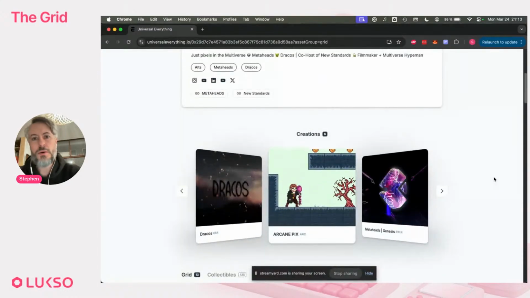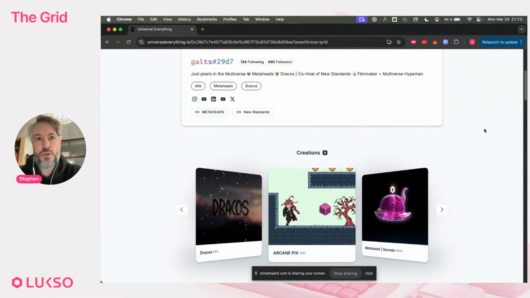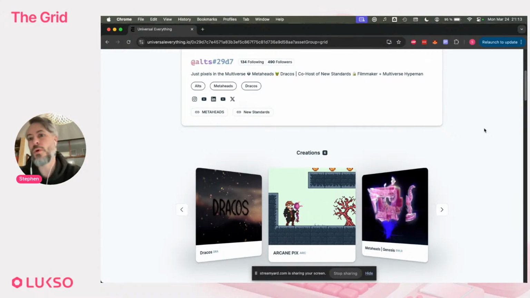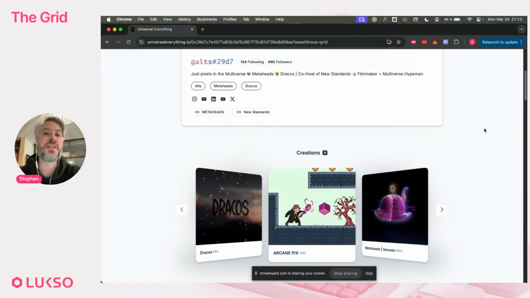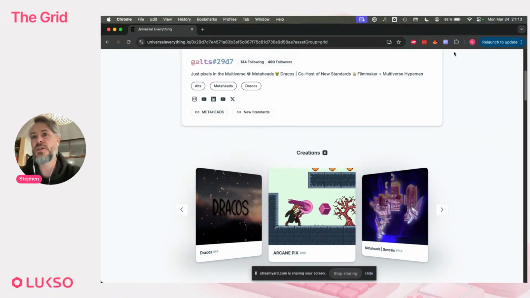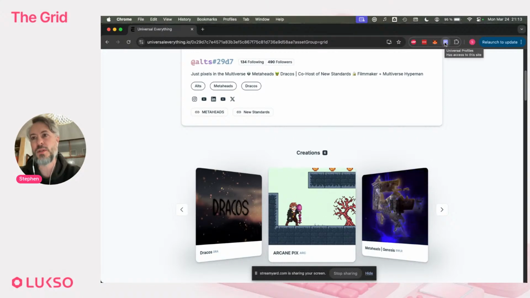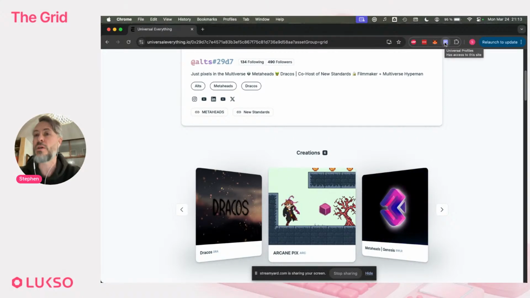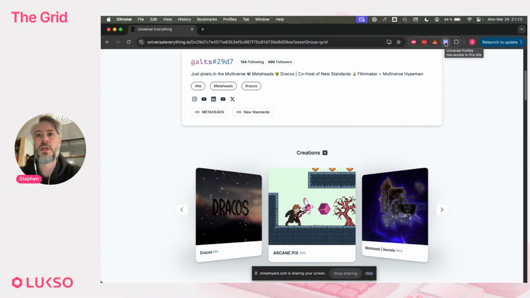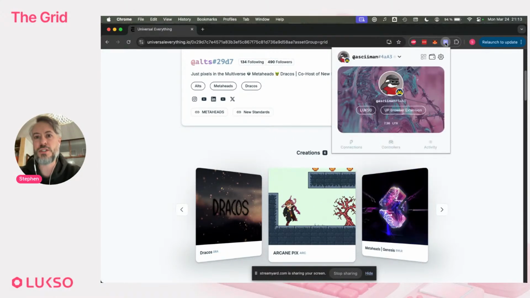All right, so now let me show you a little bit about how we can interact with this. I forgot to introduce what my role is at LUKSO. I'm the team lead of what we call the apps, which is we have a browser extension and we have a mobile app. Our browser extension is a little bit different than what most other browser extensions you see in the Web3 world. If you open our browser extension, you're going to notice it looks very different than most other extensions. That's because we're profile centric. We're not finance centric. Like I said before, we do have the finance part of it.